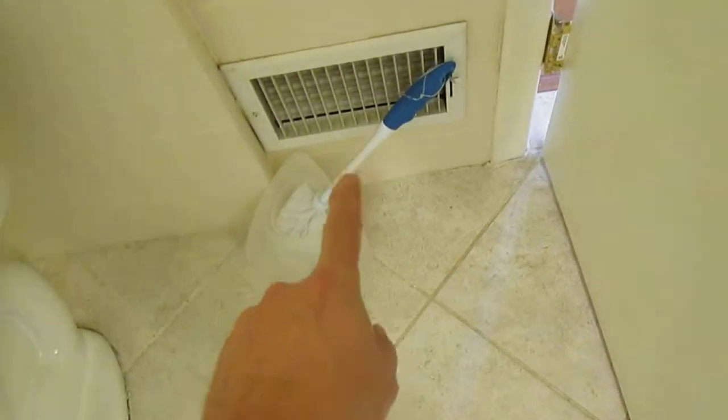See how there's heat in here? You should have heat in a full bathroom, especially if it's on the outside wall. This is the outside wall here. It's got a window. So you should have heat in a bathroom like this. And you do, so that's good. I can feel it, the air is coming out. But in this bathroom in here,